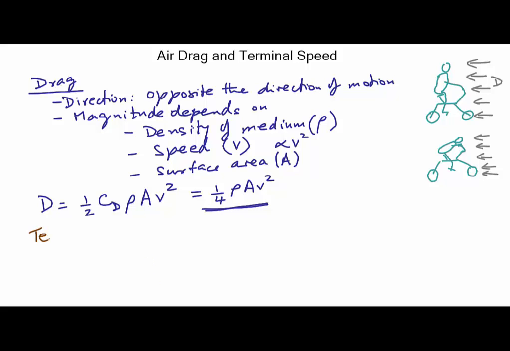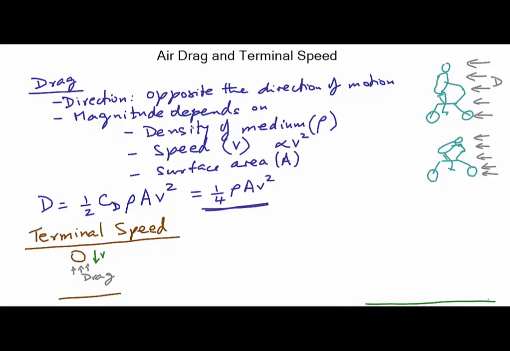Okay, terminal speed is related to drag, and it has to do with drag on an object that's falling. So as a ball falls to the ground, it also is going through the air and feeling the resistance force from the air, and so there's a drag force that acts upward while the ball moves downward. And terminal speed is simply the maximum speed that is attained by a falling object if it hasn't hit the ground yet. To see what happens with that, let's take a look at a ball falling from far above the